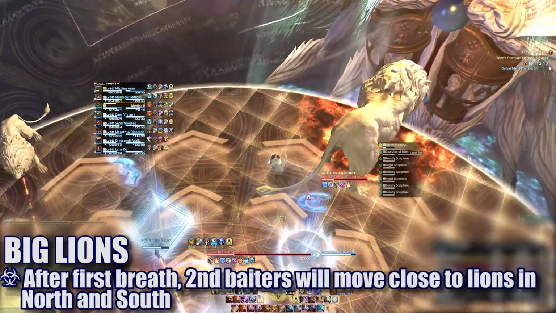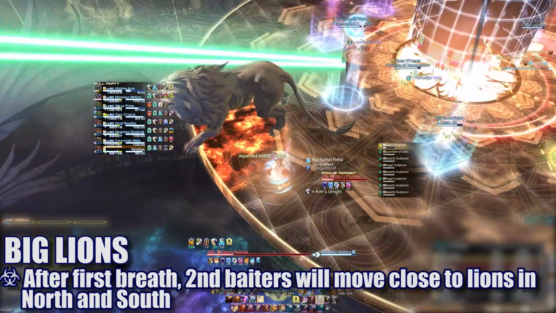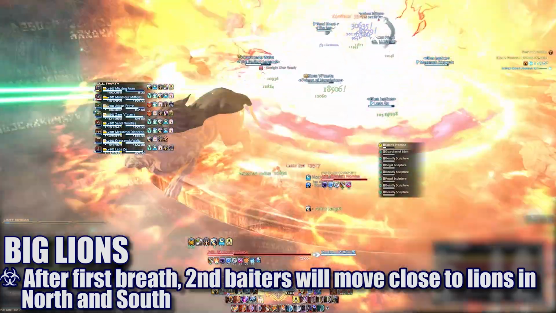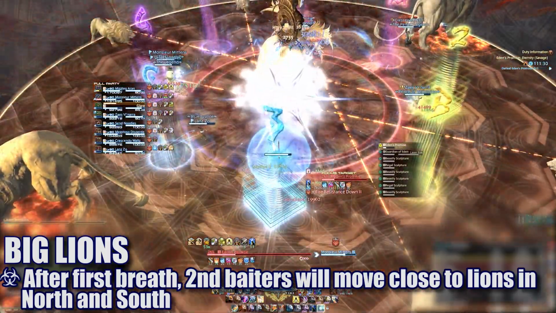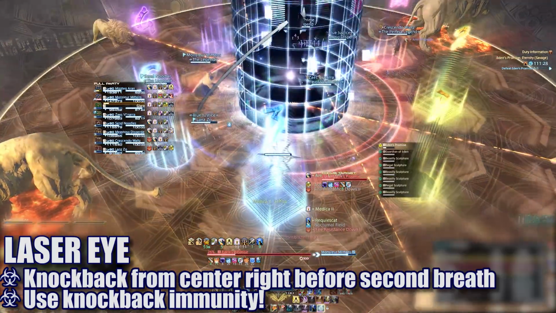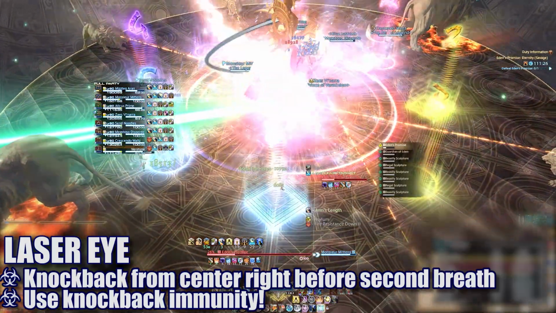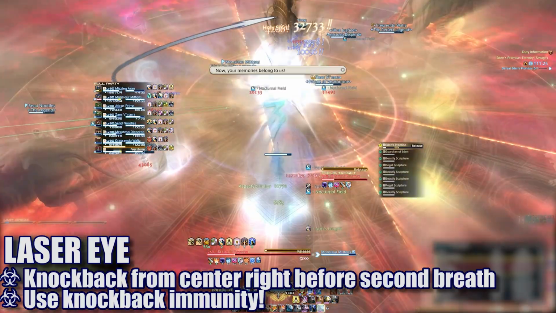The next two players assigned to bait the big lions will now move to do so on one of their sides, while the first set of players can move into the big lion safe spots. The tethered players will chill in their assigned spots for now. While this is happening, the Guardian is casting Laser Eye, a massive radial knockback from the center. I highly recommend everyone use a knockback immunity during this time, so that their positioning for each lion breath is